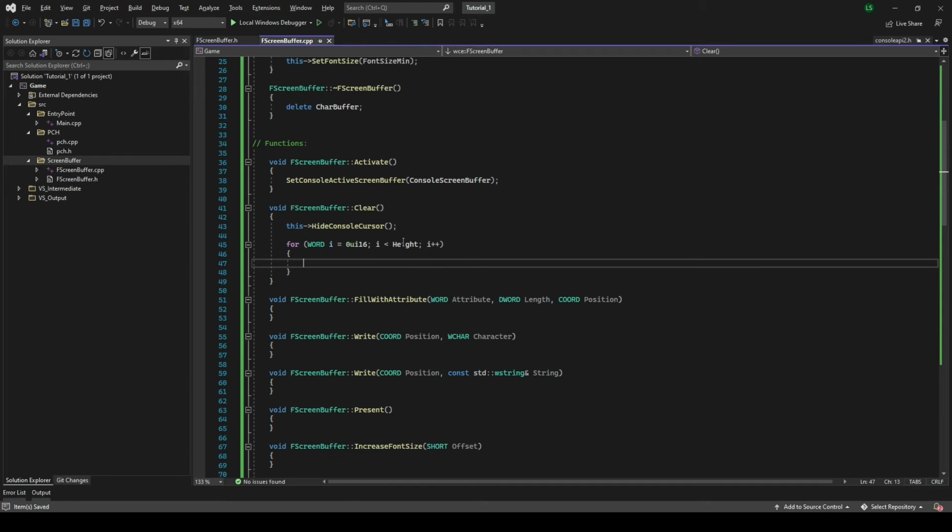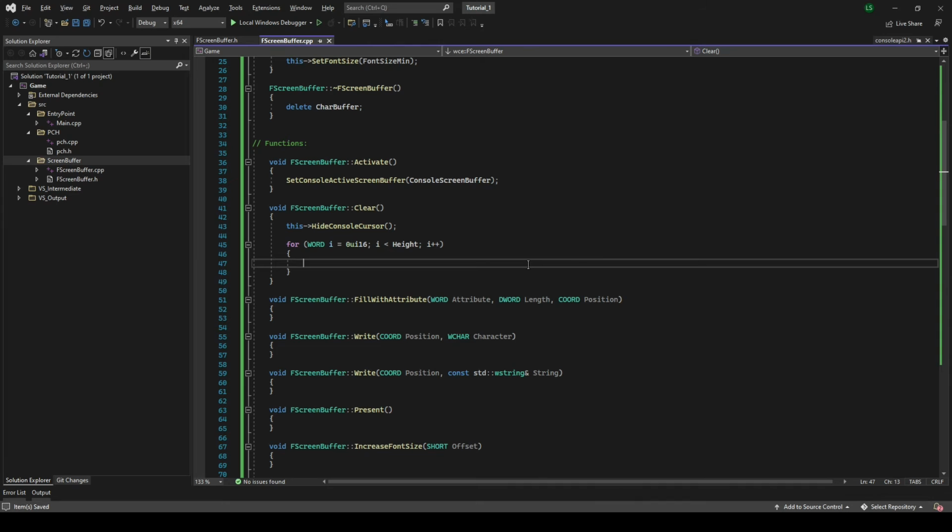Before we reach our height, the screen buffer coordinate starts from 0 at the top left corner, and in our case 120 and 30 at the bottom right corner. So before we reach our height, we will fill